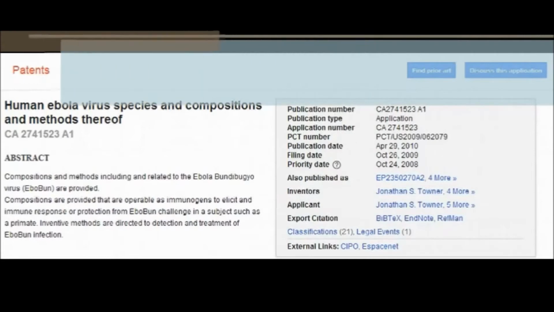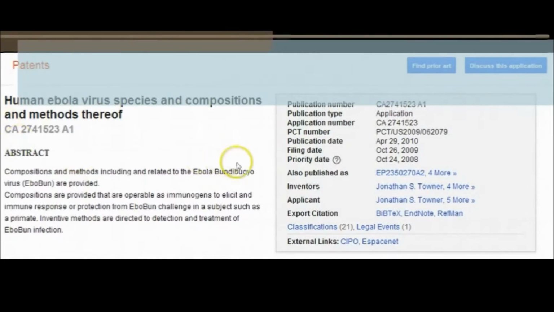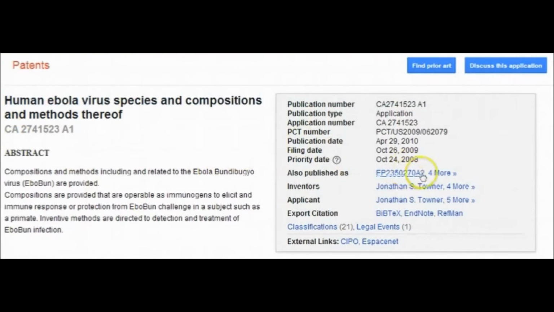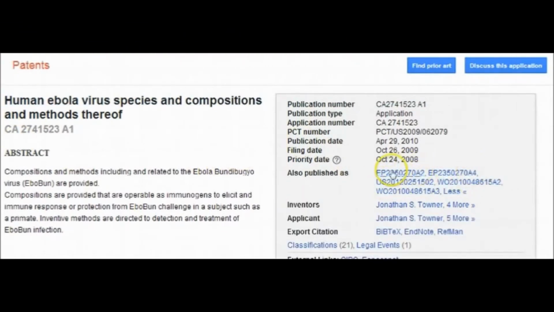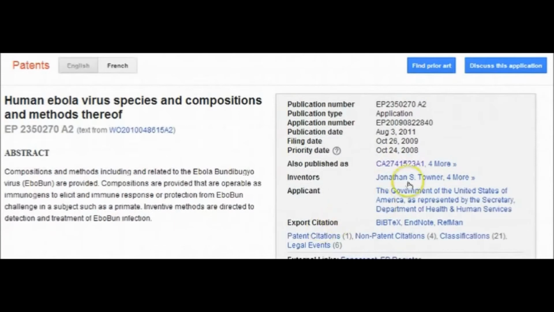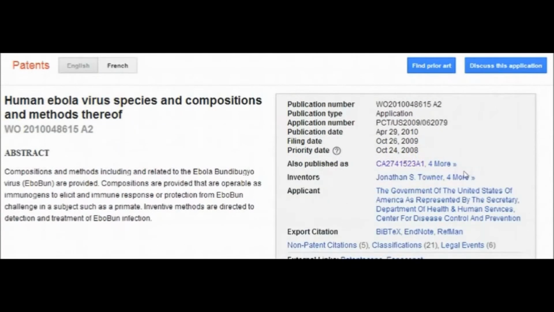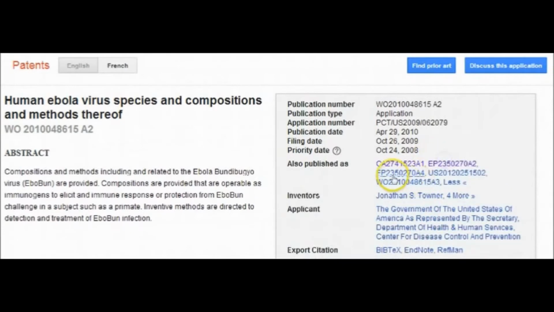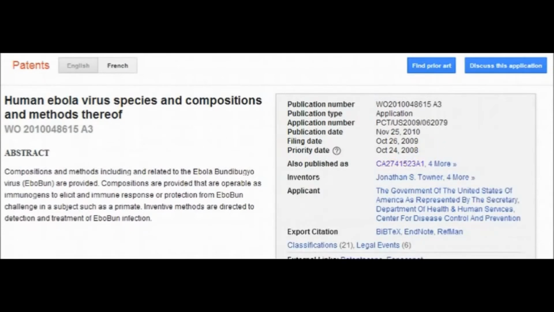There is a patent for Ebola, and you're looking at it right here. And in fact, it's not the only one. You can also view others here where it says 4 more. These are also other patents on Ebola. Here's another one. And let's check out some more, and another, and another. All right, these patents actually do exist. They are there, they have been created, they exist. Okay, that in mind, let's move on.